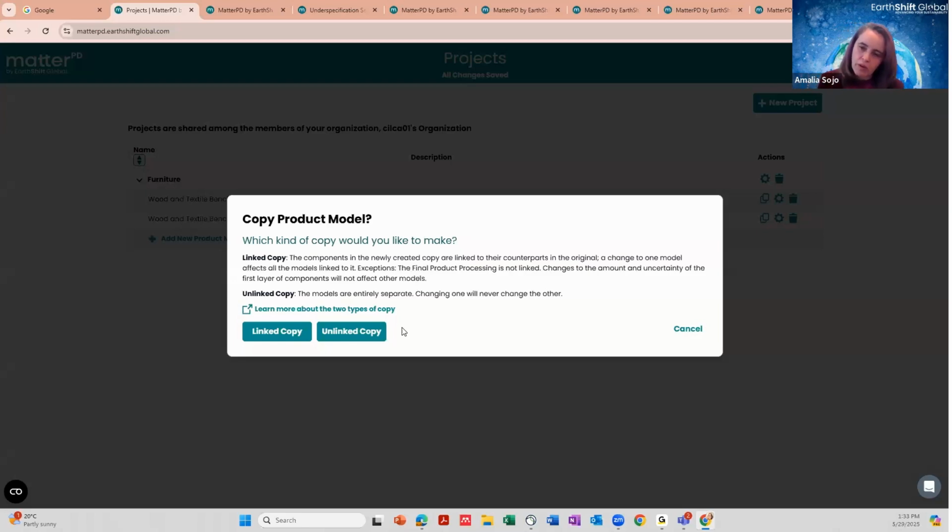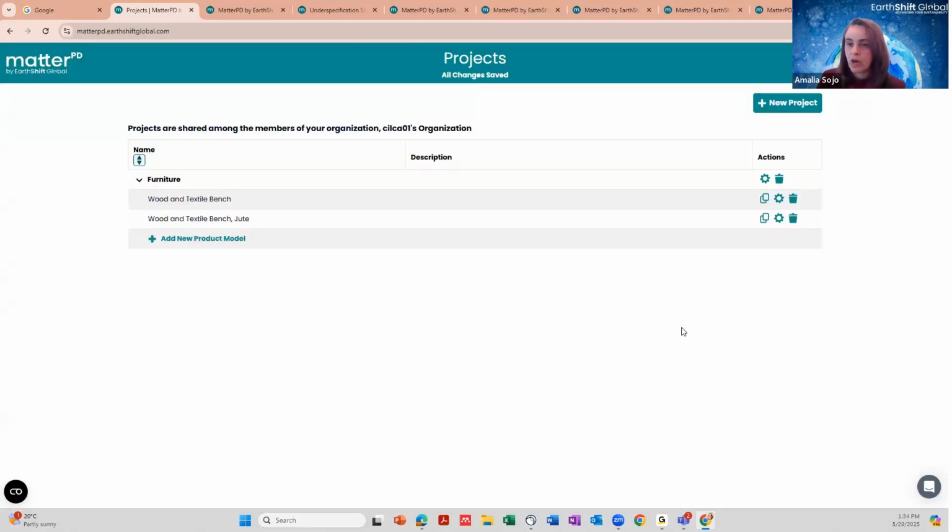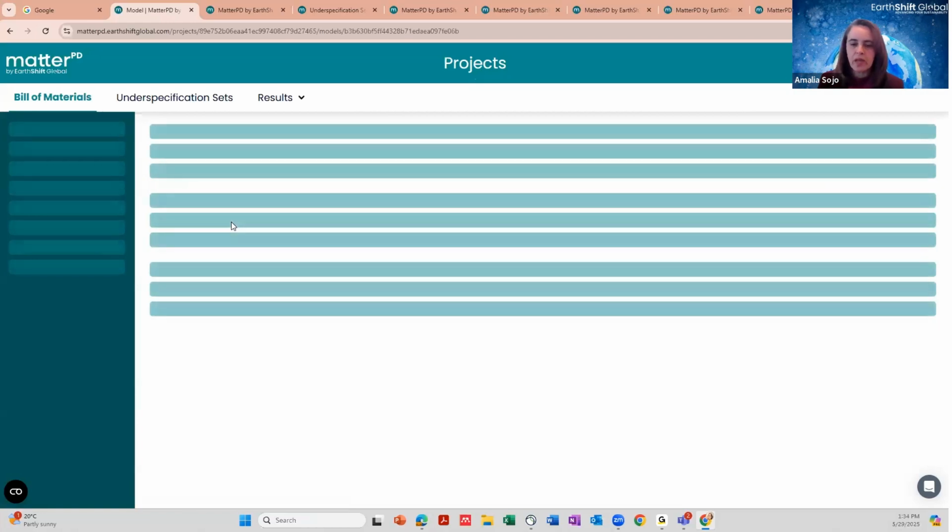When you click on linked copy, it's going to create exactly the same model with the same uncertainty data, so that the only thing that is going to change is, in this case, the cotton yarn for jute yarn. So once you've created a new model, you're going to erase the cotton yarn and add the jute yarn.